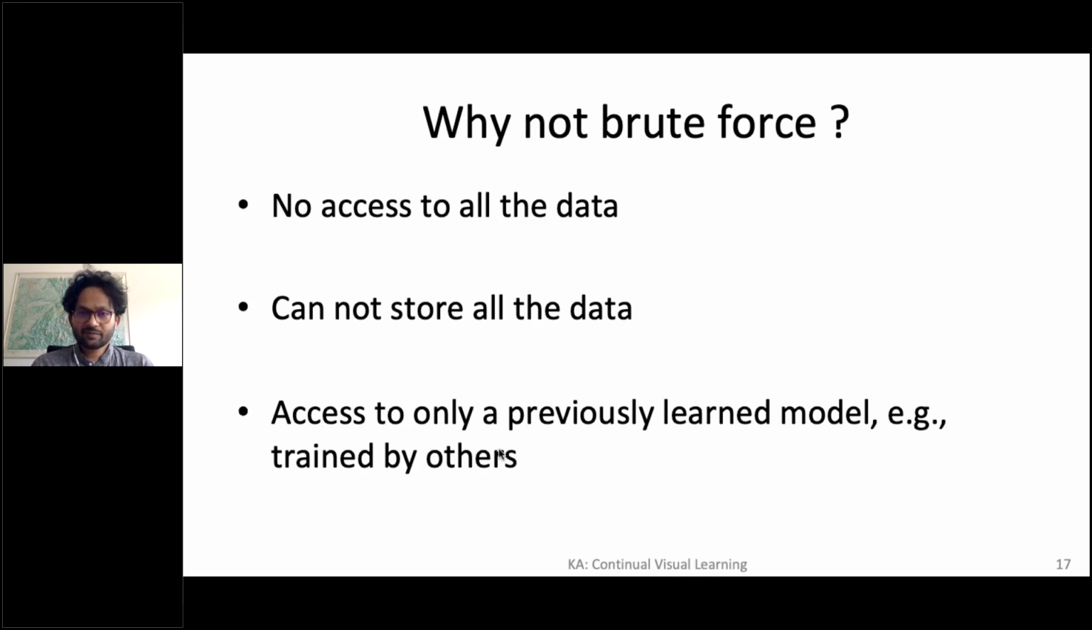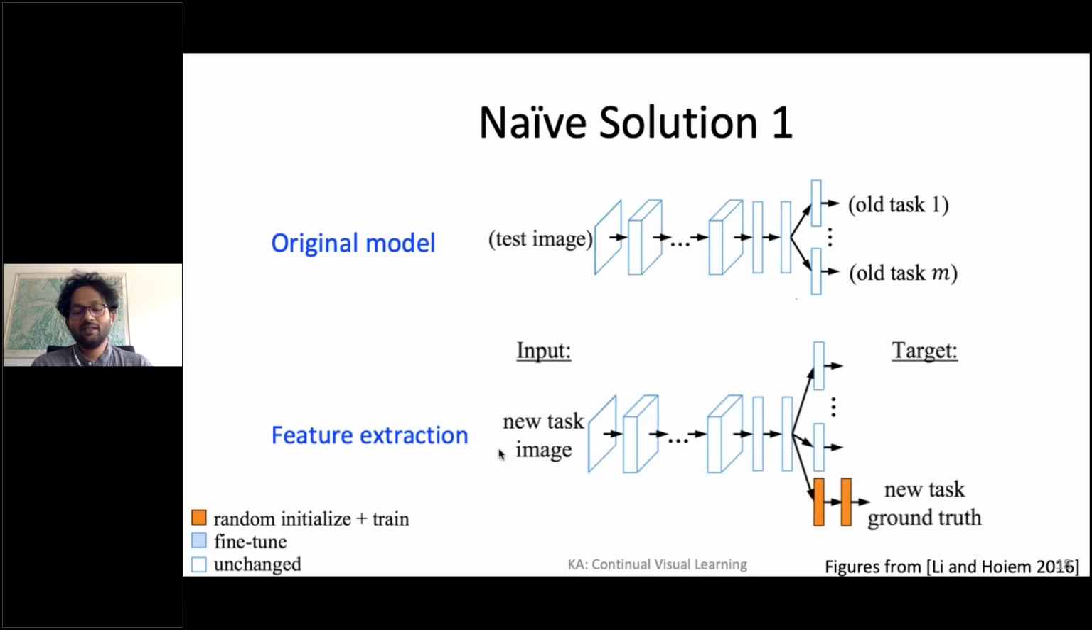Okay, so those are our, let's say, requirements, because of which we want to do it in a learning incremental fashion. So there are a few simple solutions that are possible in the beginning. So the first one is that of